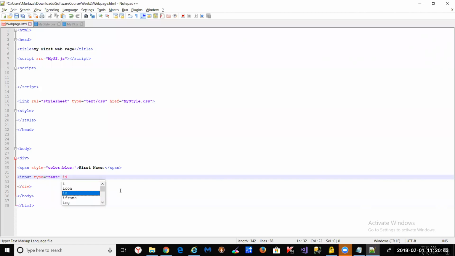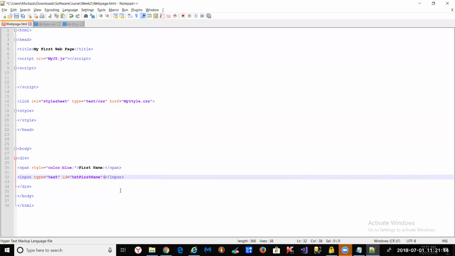Give an ID, we call it here txtFirstName. txt stands for text, and then first name. Give it a proper ID. And I think that's about it. And we can close this, either with an input closing tag like that,